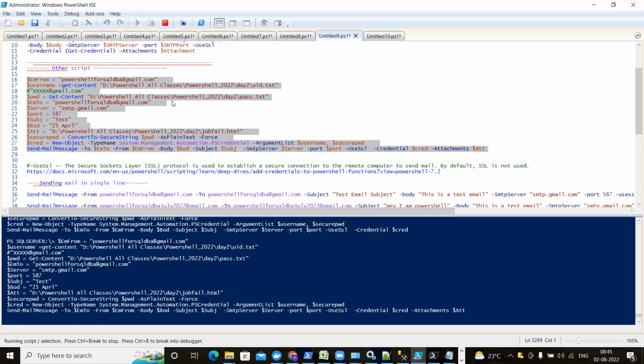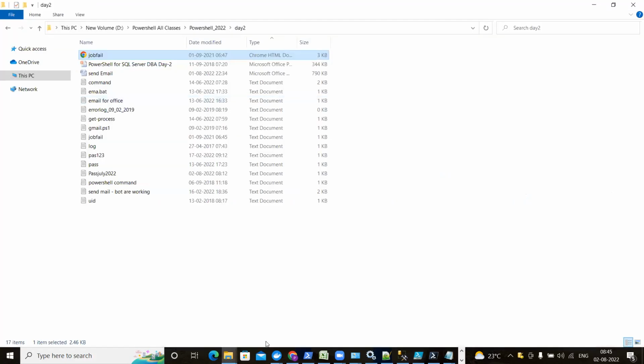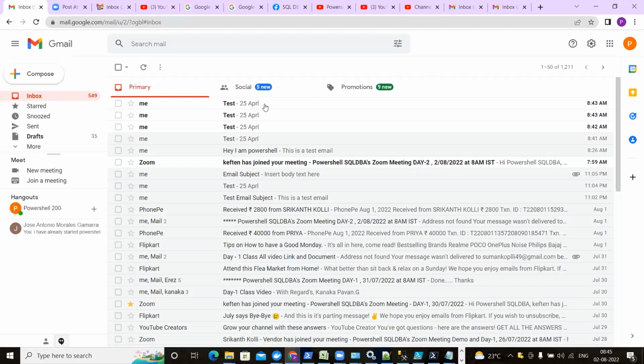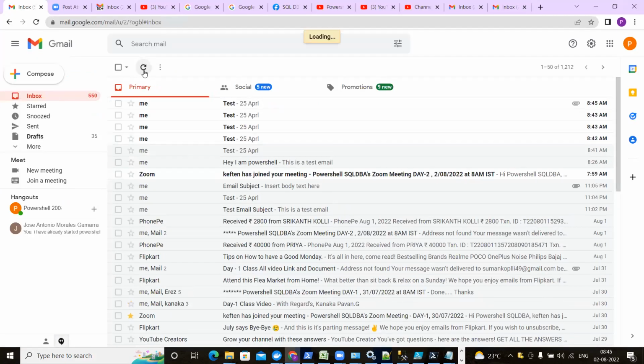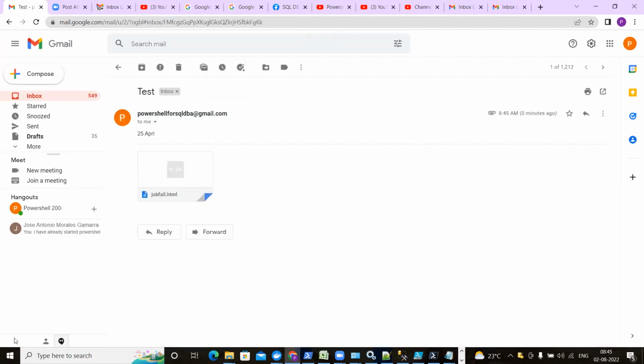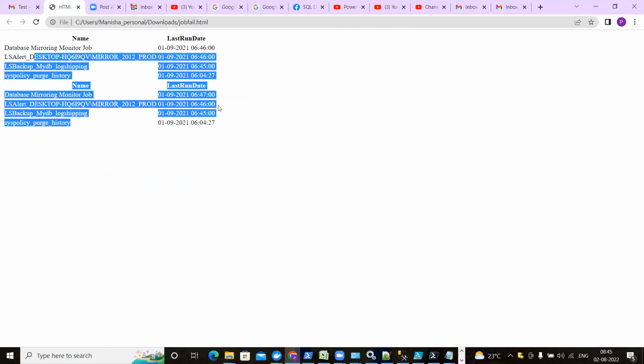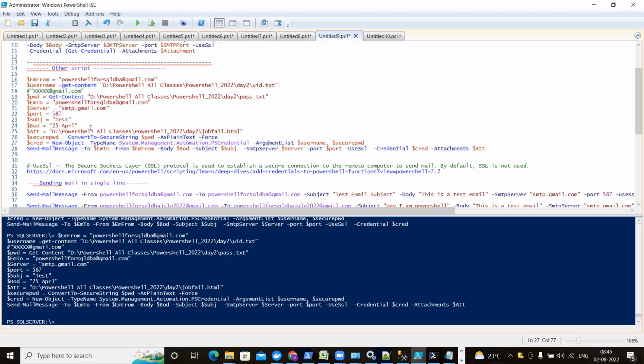password. That attachment has gone, and this time if I check my email, it has come with that attachment, right? If I download the attachment and open it, I will get all the details. So how to create this HTML file, I am going to tell you that. But as of now, you know how we can take our result, whatever you want, into some file, right? Which services are running, which services have started, which services are not started. Everything you want, you are able to put